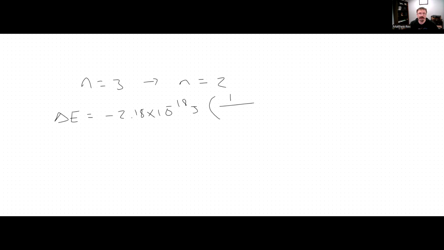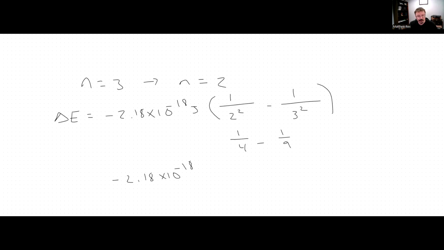So our final energy level is going to be 2 squared, minus 1 over our initial energy level, which would be 3 squared. So I've got 1/4 minus 1/9. That's going to give me -2.18 times 10 to the -18